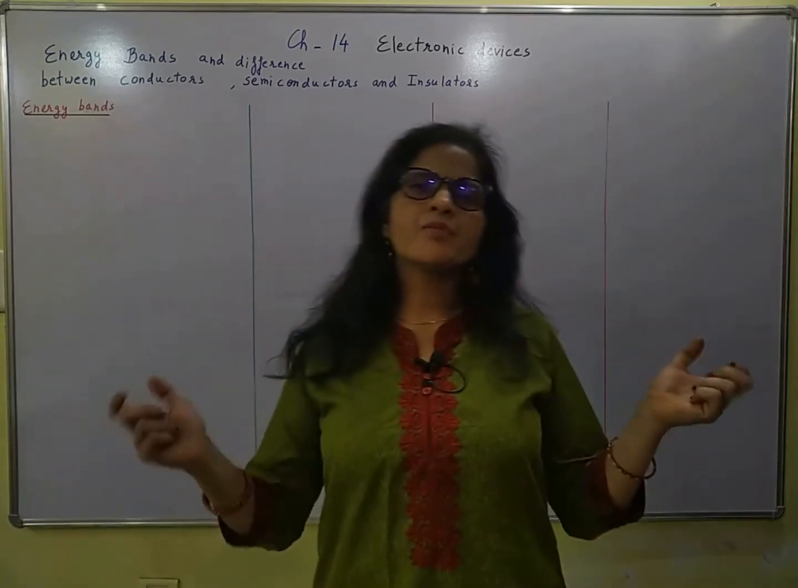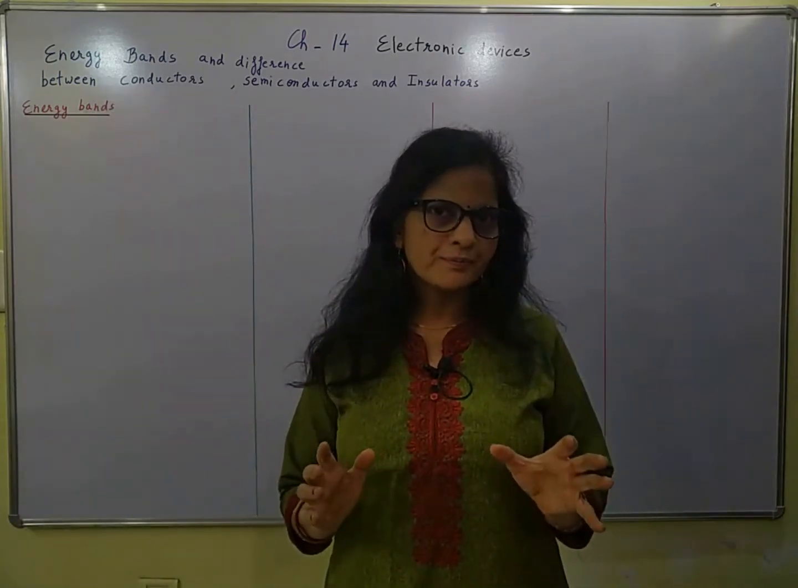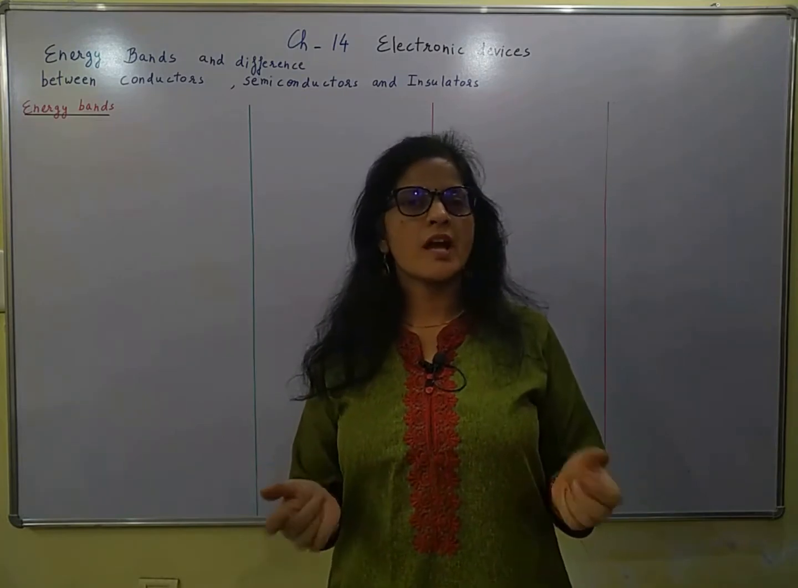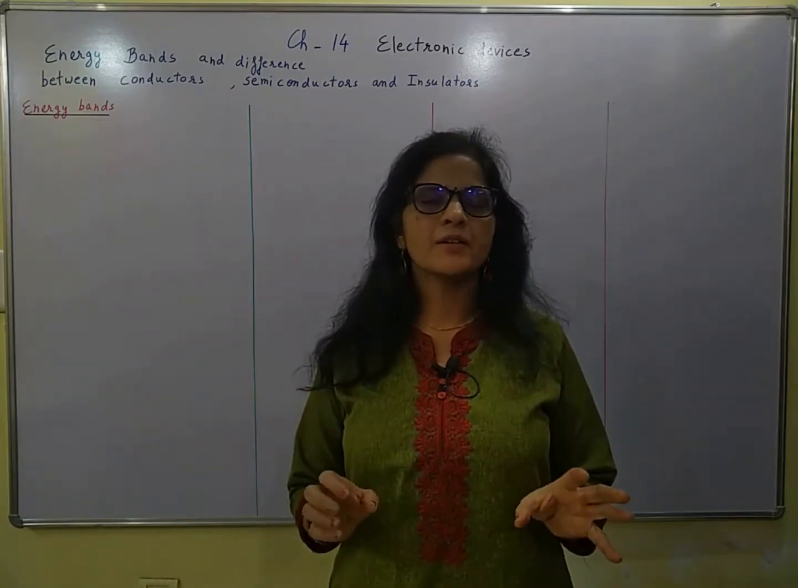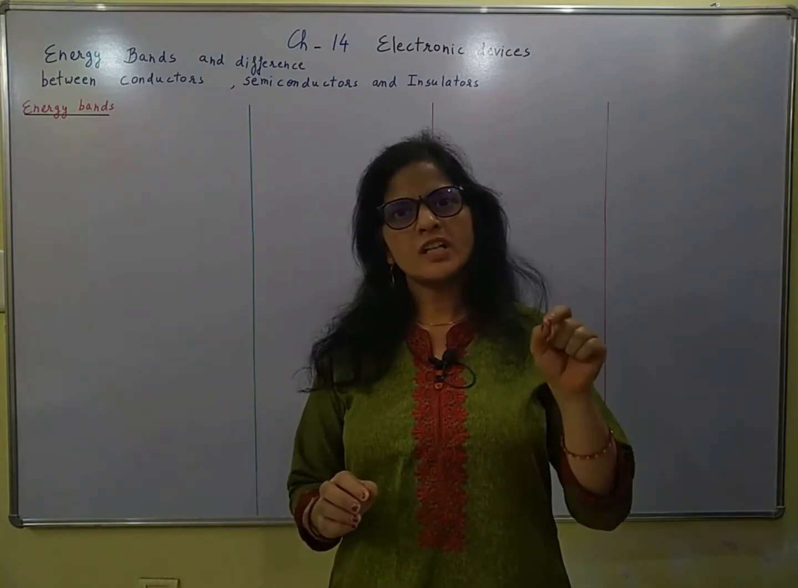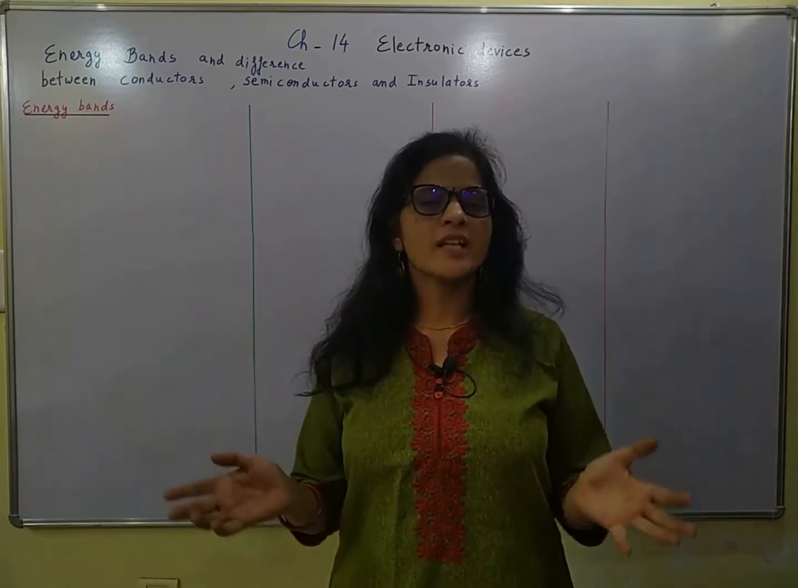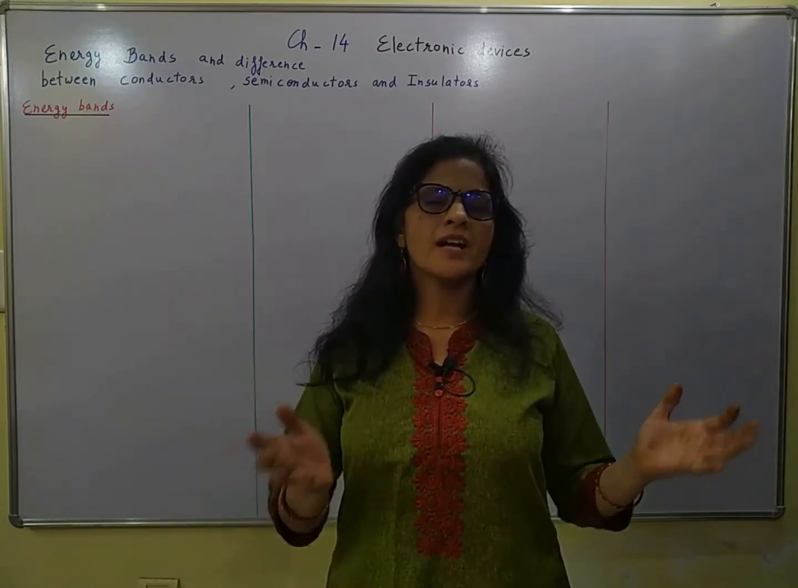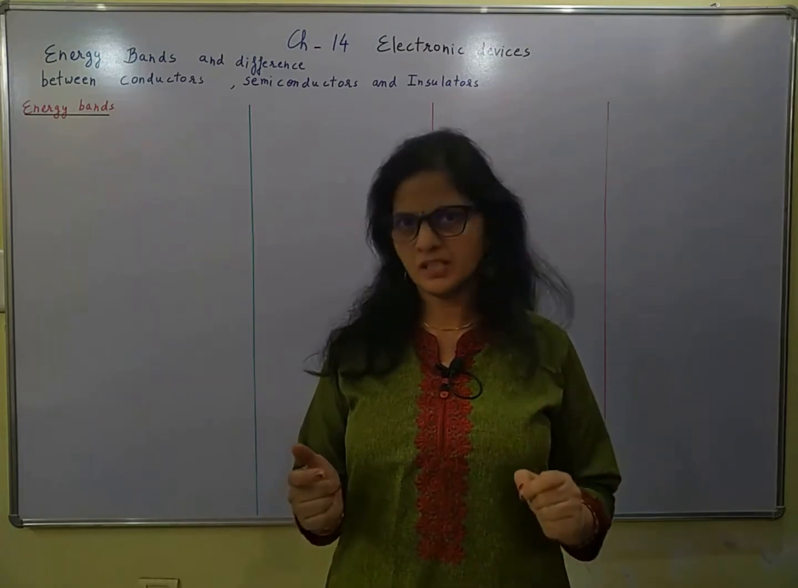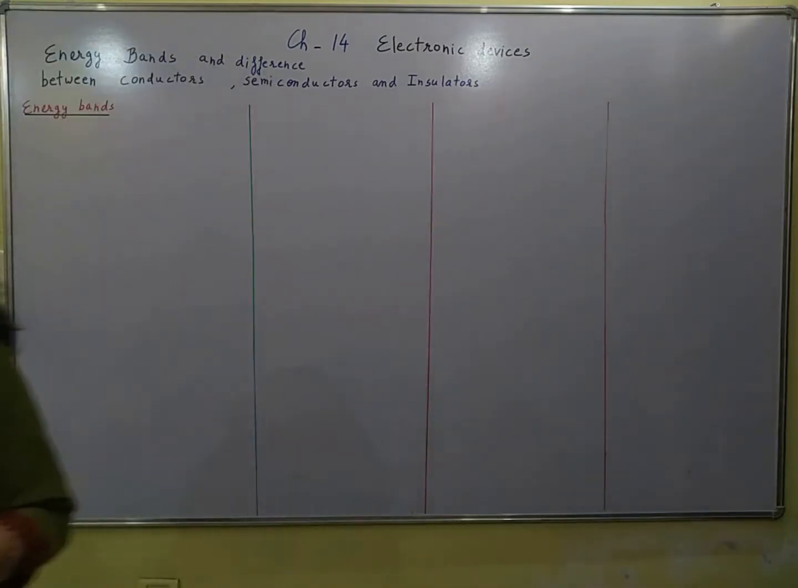So when the atoms come closer to form a crystal, then no two electrons have the same energies. Why? Because each of the electrons sees different surroundings due to different atoms at different positions with respect to it. So what happens is